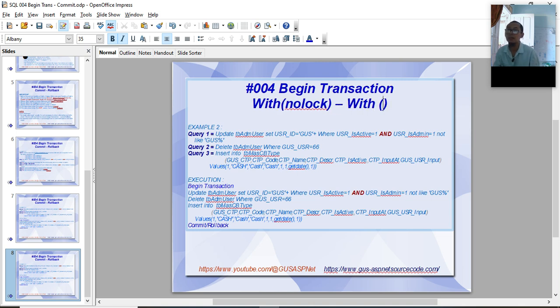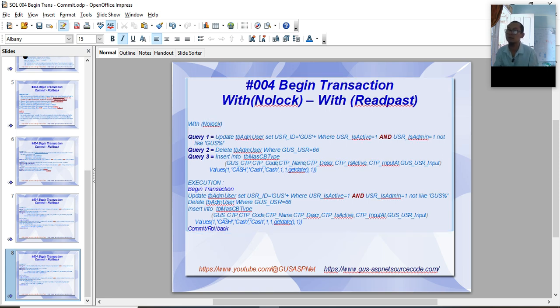With read past. With no lock, all data will be displayed.